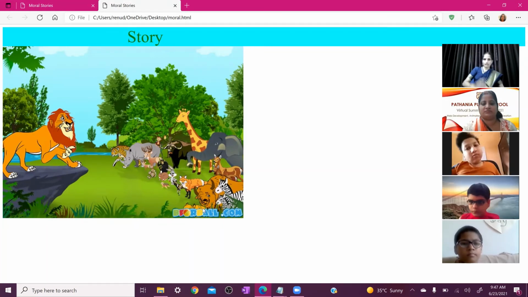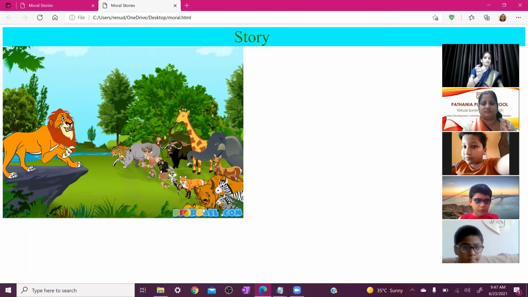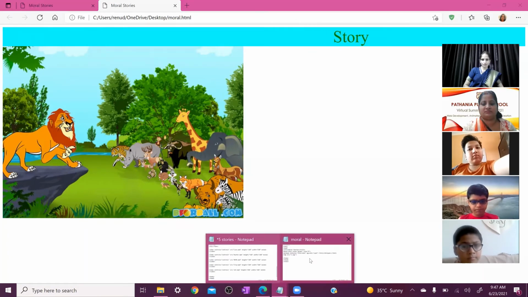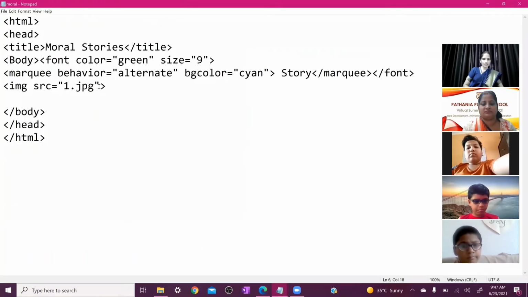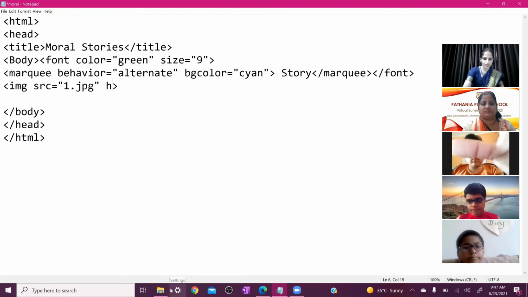Okay, so now we want to set the image size here, so all 5 images will be set on a particular row. How do we do it? Open it, and here just before the closing of the angular bracket, give one space, and after that you can write down height, HEIGHT.